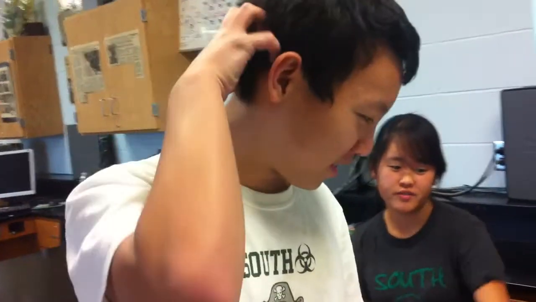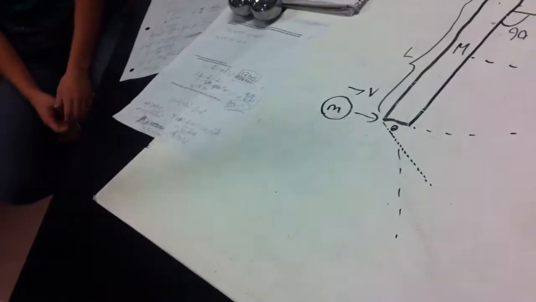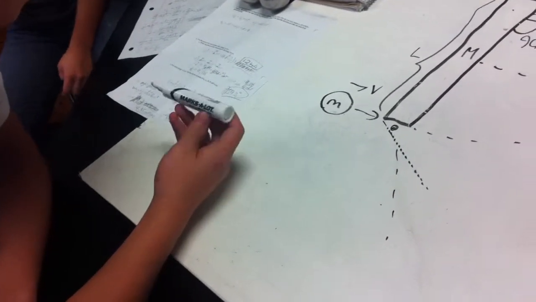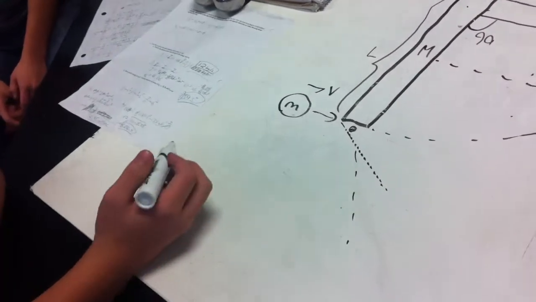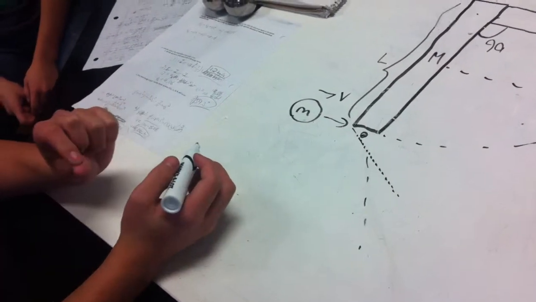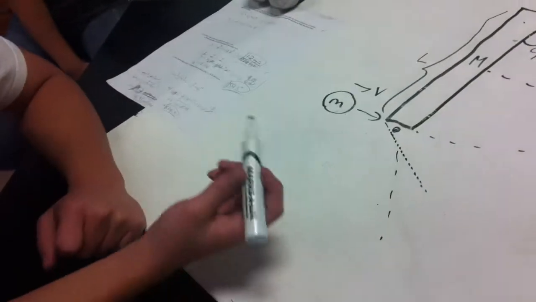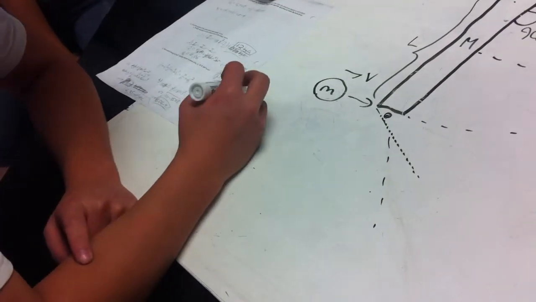Now the angle at which the mass deflects: the theta, this theta thingy that is between these not so straight line segments. So we know that angular momentum is conserved, because it says that in the problem. So we can use conservation of angular momentum, and from that we have